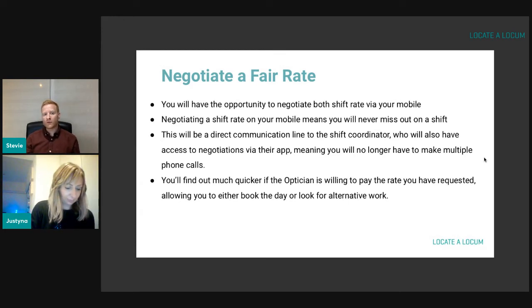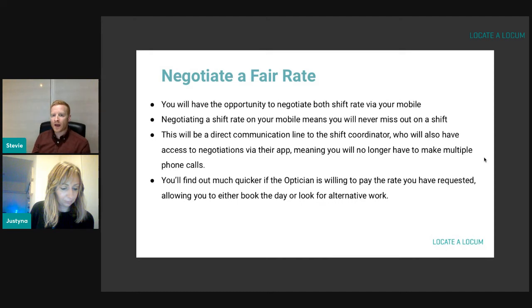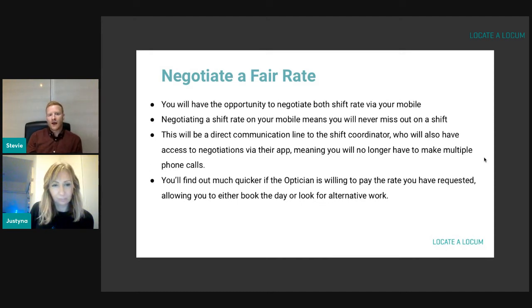So we took the feedback from a lot of our locums, and we implemented this into the app and created a new feature called rate negotiation. This gives you the ability to negotiate a shift rate through your mobile device or on desktop, and it means that you're never really going to miss out on a shift that you want to do. And direct communication with the shift coordinators, who have the ability to either accept or decline your shift